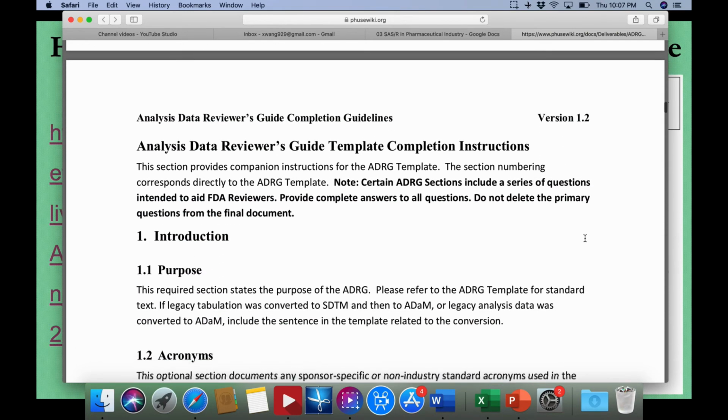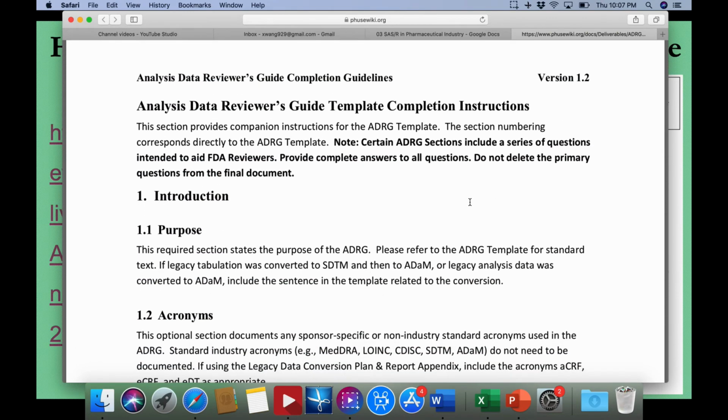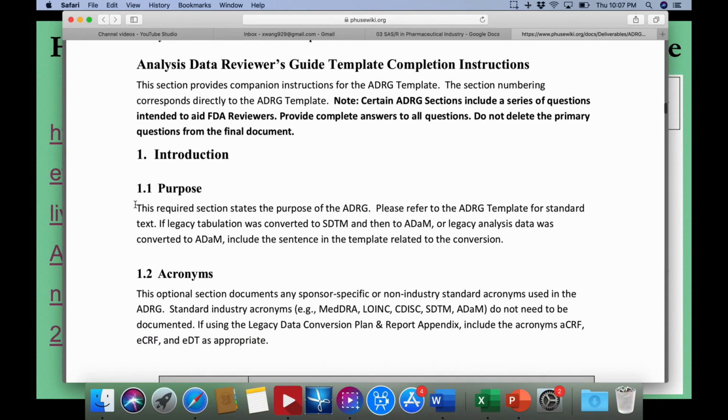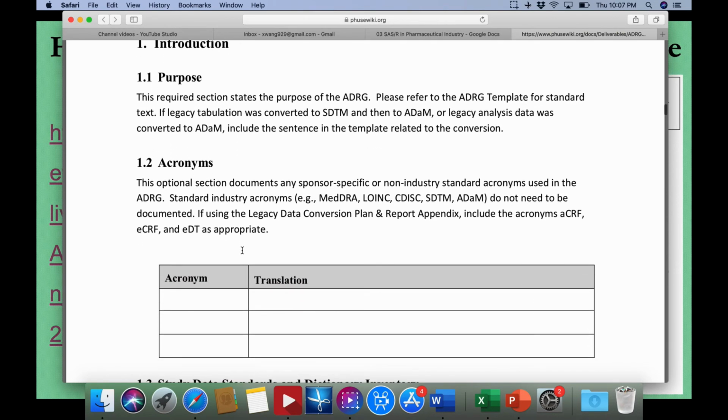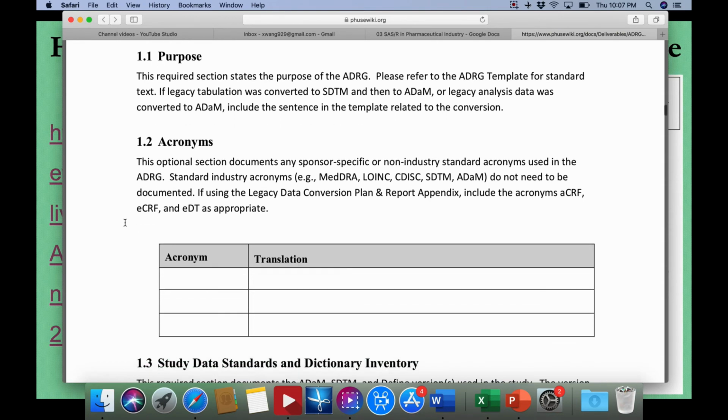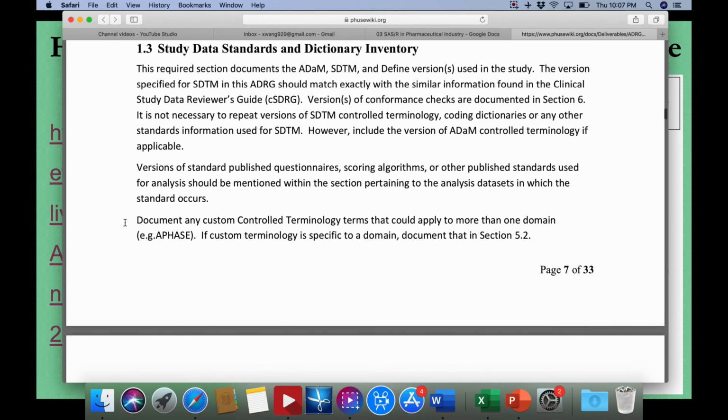and then for each section of the ADRG, this guide has a really complete instruction on how you can complete it, for each section what you need to write, what you need to include. So it's really a good